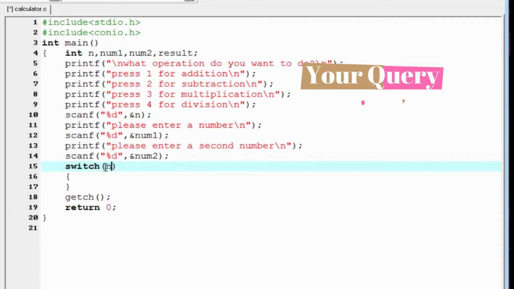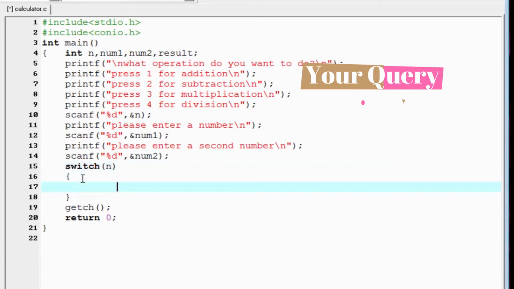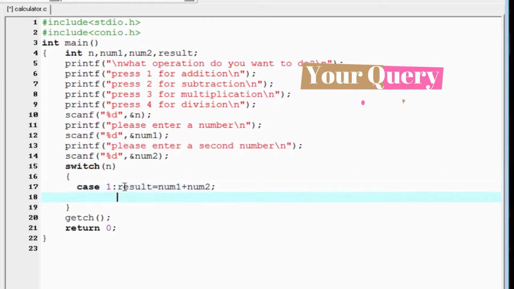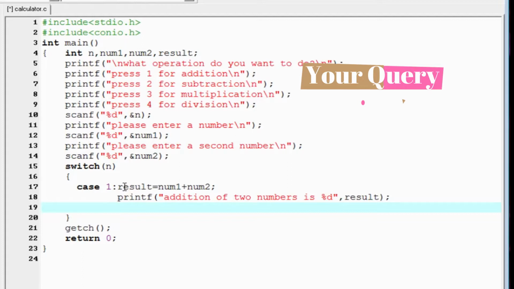Next we write the case condition. In case 1 we perform the addition operation. So write here case 1, result equal to num1 plus num2. Now we print the value of the operation. So write here printf "addition of 2 number is %d". And give here the variable name, that is result. And then give here a break